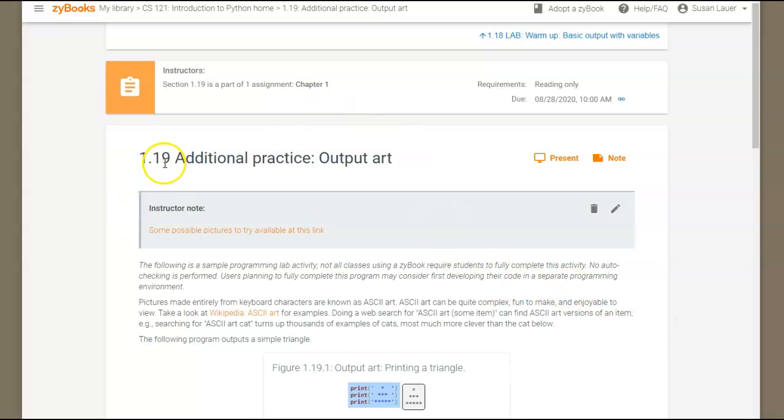If you look at the beginning of 1.19, it gives you a link that you can touch, and there's an instructor's note that sometimes I'll put in here. So look for these. They don't stand out really brightly, but there's an instructor's note there. If I touch this link,